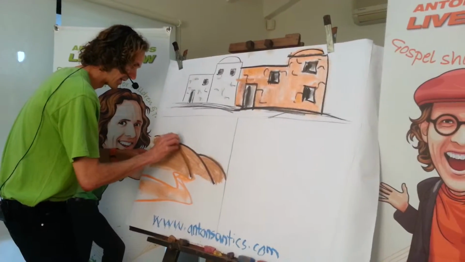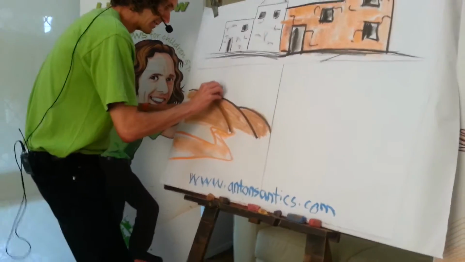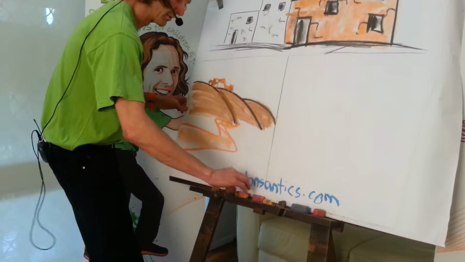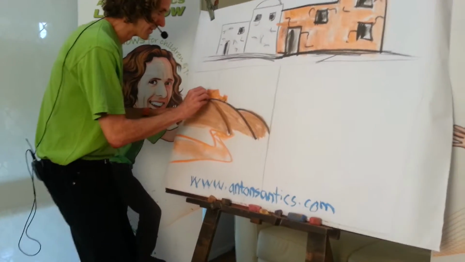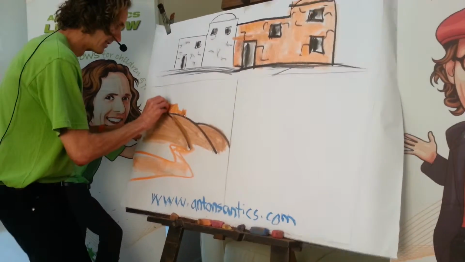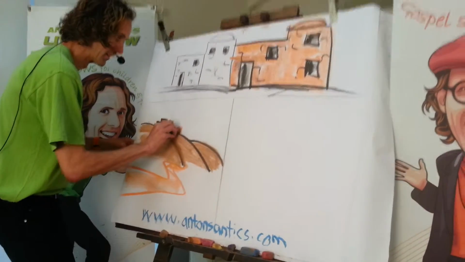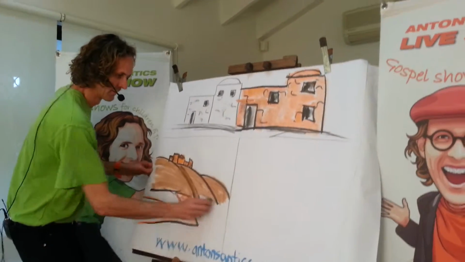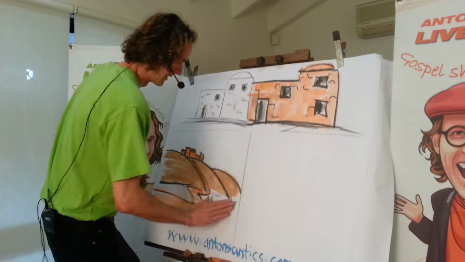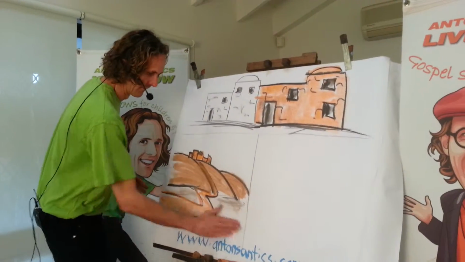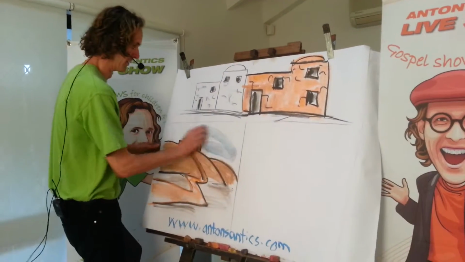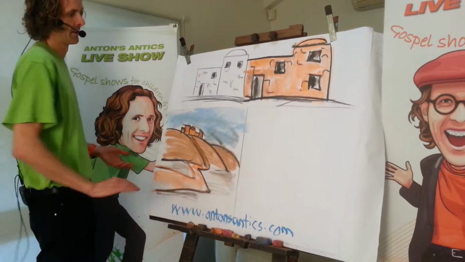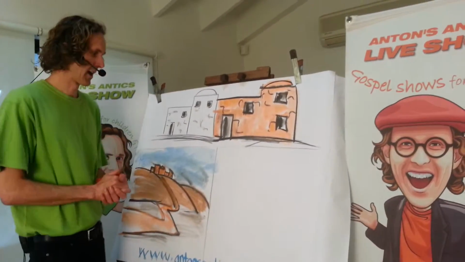The windows and so forth aren't going to be nearly as detailed in this case. Really, it's just going to be a set of blocks on a hill. And that will give the impression of a town situated in the distance for Mary and Joseph to travel to. There we have it. City on a hill, town of David. And that's our town. Now one more thing I want to